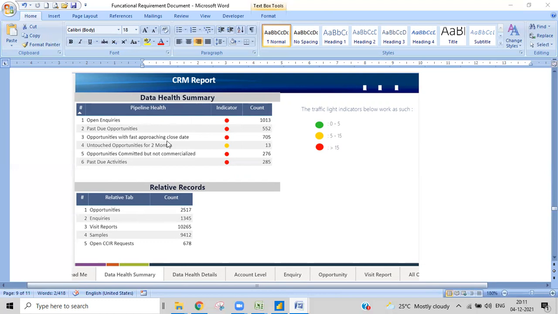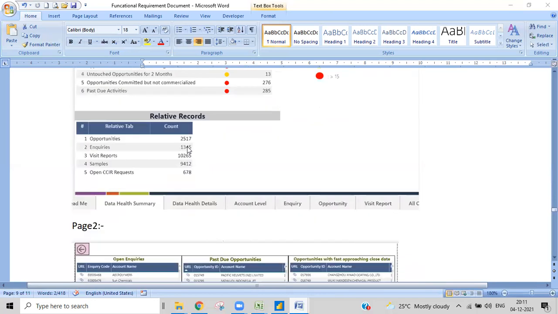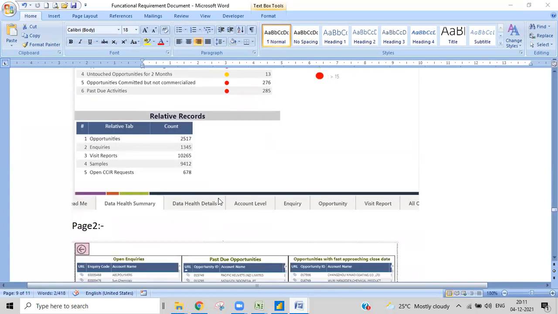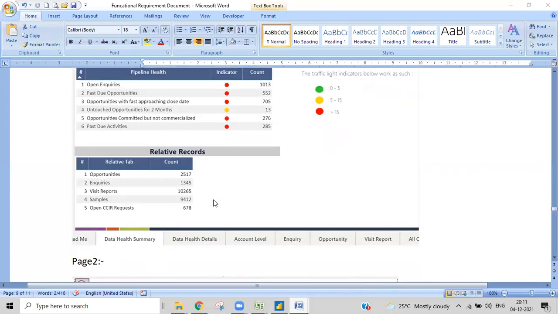So they want to get this kind of data as per the data given. They want this kind of report in the first phase, and this is what they've given us. According to this, we need to plan and build that report. They gave us some samples; in real time they may not give us samples. They may give us text format, and we need to understand what they are expecting and work on that.